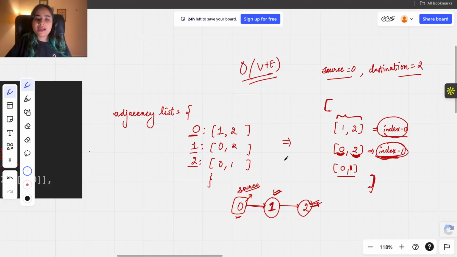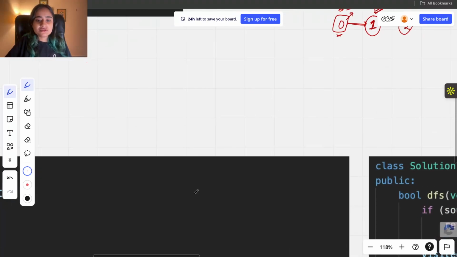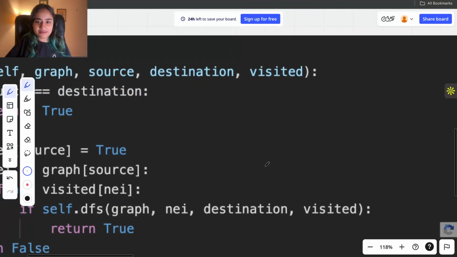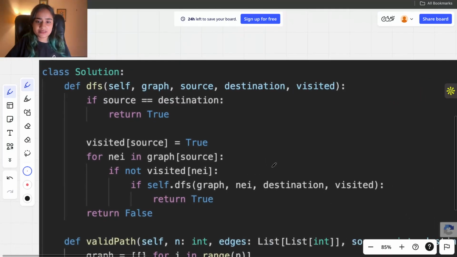Now I don't want to code it. I want to show you the code, explain it, and then you can remember it, because remembering the code is really, really important. I could explain a lot of questions like this, but if you don't remember the template, you will be stuck again, because you won't be able to do the same thing in the interview. So now let's see the Python solution, and the Java and C++ are exactly the same.